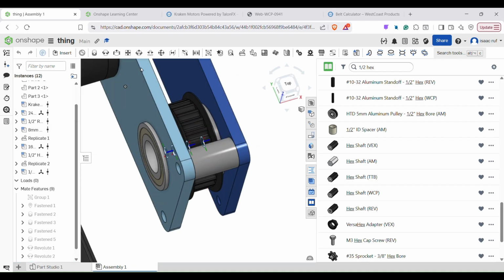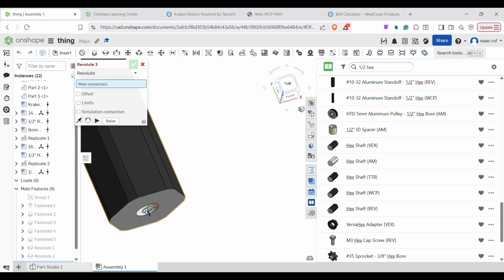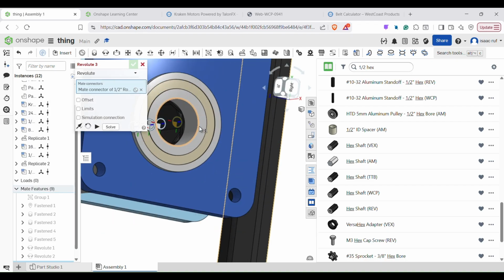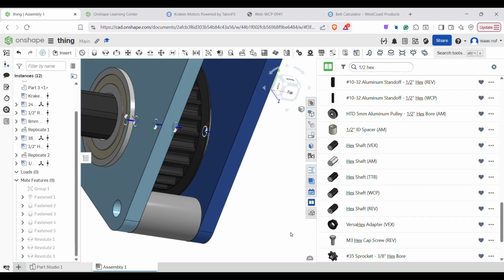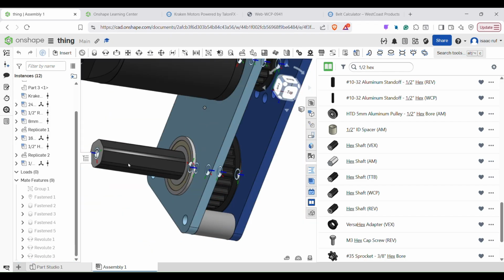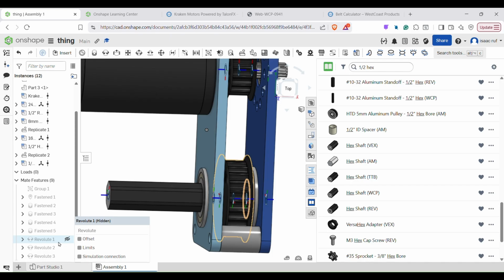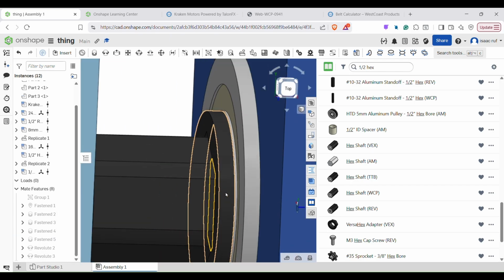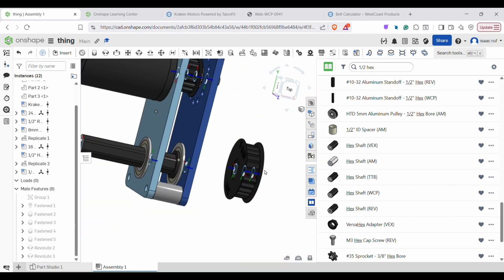We're gonna do another revolve mate, and then we will do a group. So we'll revolve this one here. Now, what you'll notice between these two revolve mates is, if I go to spin the shaft, it'll spin on its own, and this pulley will spin on its own. So what I think we're gonna do is go to where this pulley has its revolve mate, and we're gonna delete it because I actually want to mate to the shaft itself. And the way we could do that is, you'll see this little intersection here. I think what we can do